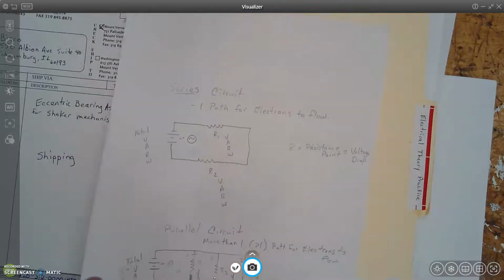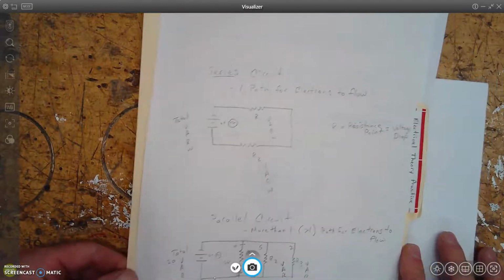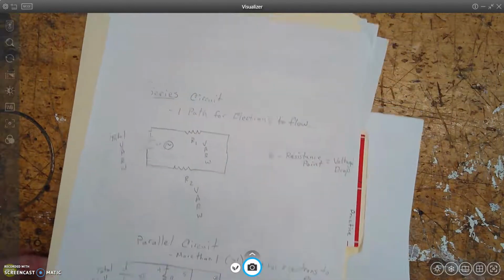Electricity class. This is Mr. Voigt. I'm here to talk to you about the different kinds of circuits and how we represent those when